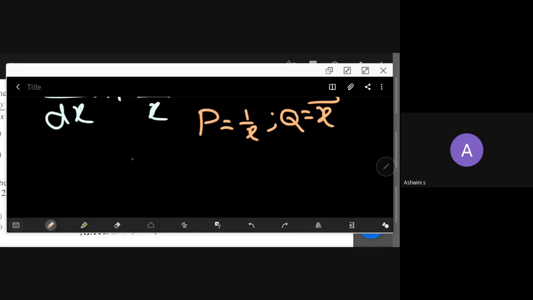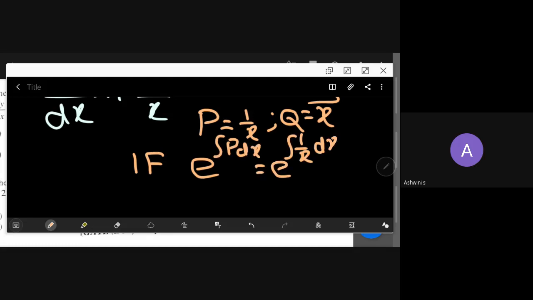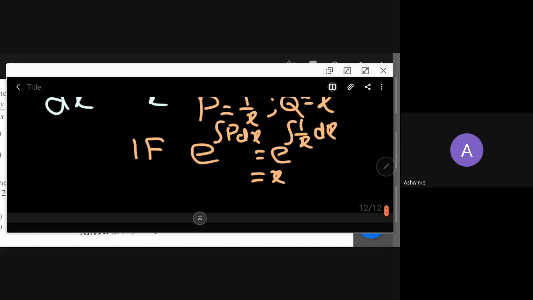Q is x cube. So the integrating factor is e power integral p dx. So that is e power integral 1 by x dx. So it is x. Integrating factor is x. What is the solution? The solution here is,